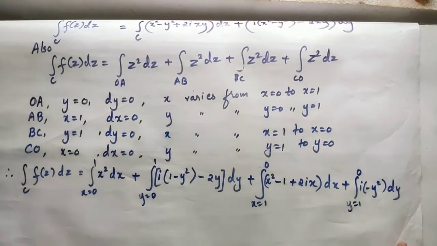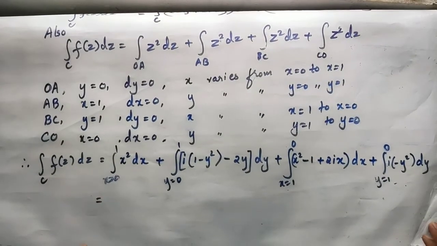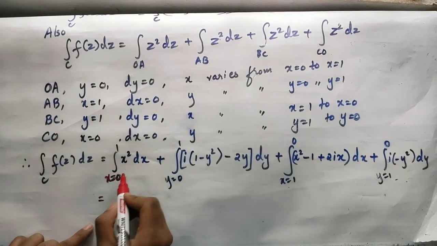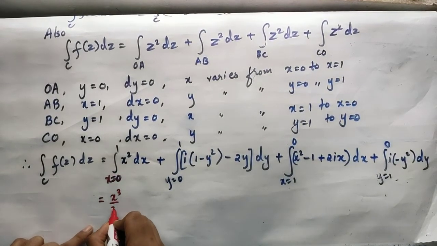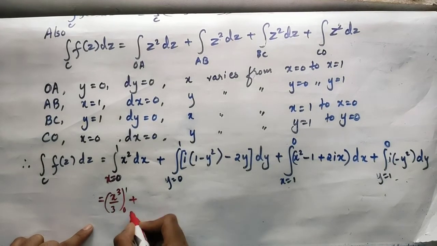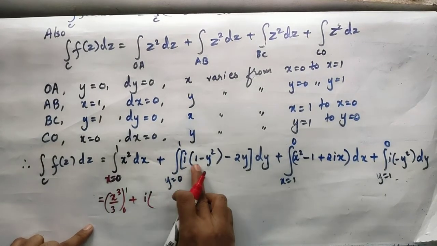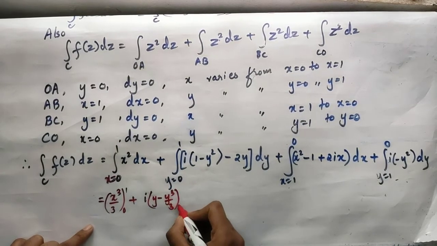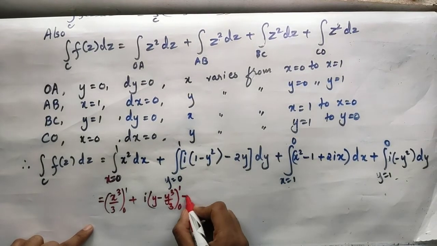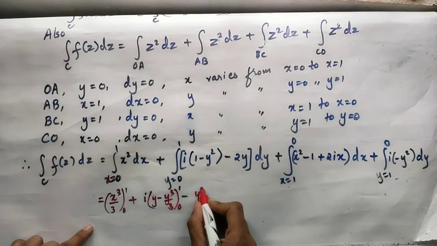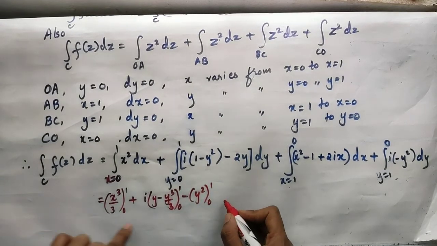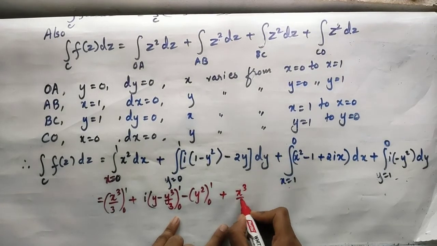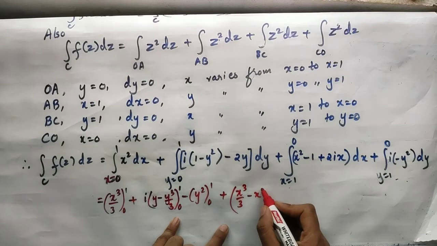Now let us integrate and simplify and get the final answer for this. You have integration of x square dx, so it will be x cubed by 3 with limits from 0 to 1, plus i as it is, integration of the term inside the bracket, which is y minus y cubed by 3 with limits from 0 to 1. Okay, minus integration of 2y, which is y square with limits from 0 to 1, plus integration of this, it is x cube by 3 minus x, the next term,